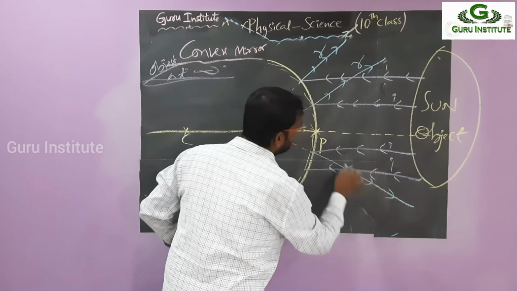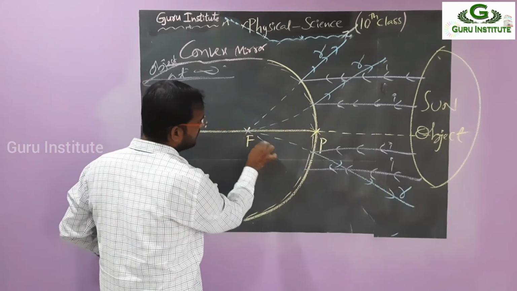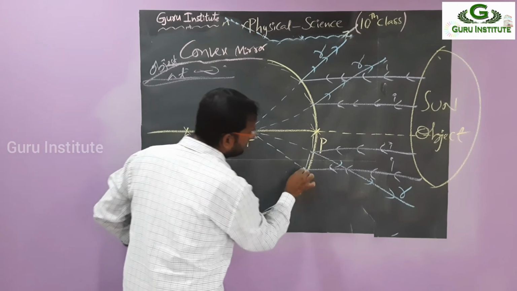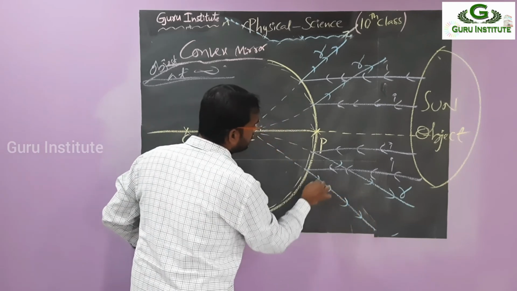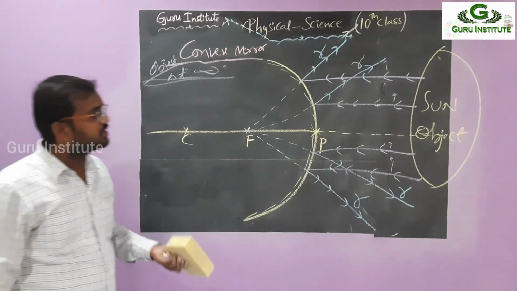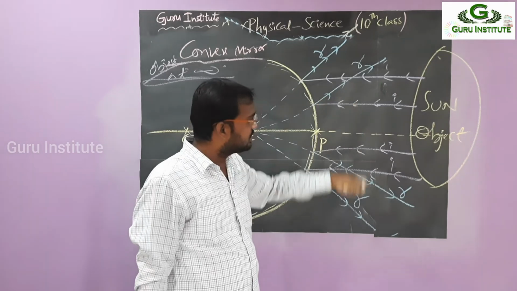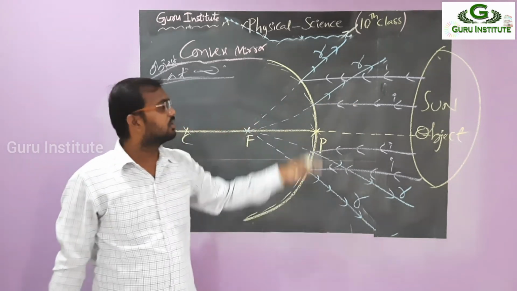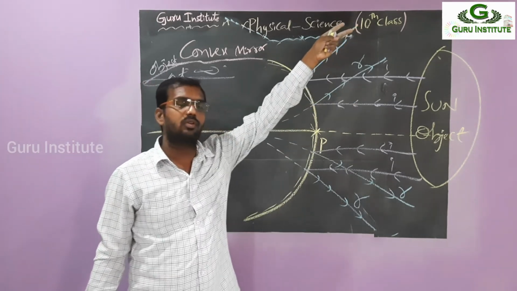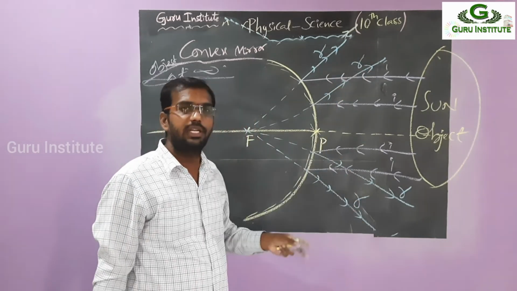So again extend this one. What is that? The reflected ray. Again extend it. So this is passing, these are the reflected rays. What happens if you observe this? This is the top side, this is the bottom side. Wherever you observe, these two are going to the upside and these are moving downside. There is no chance to meet.